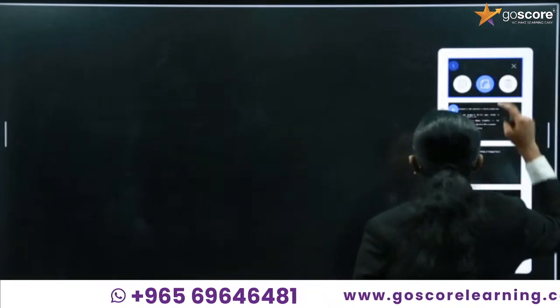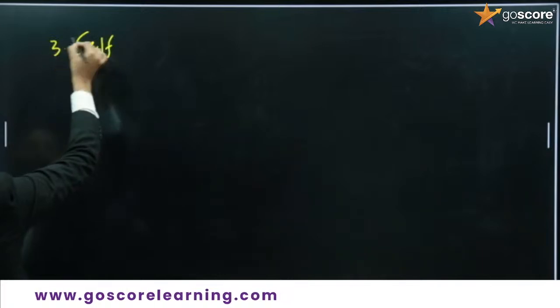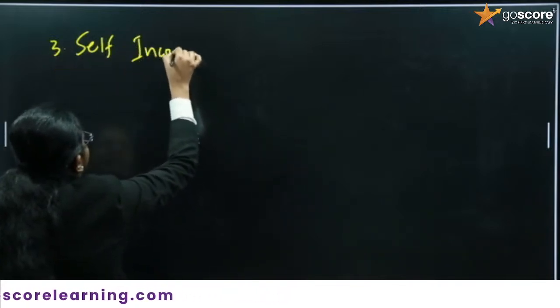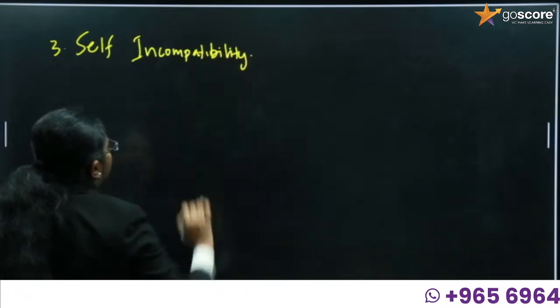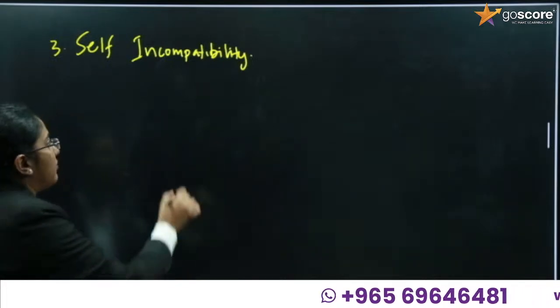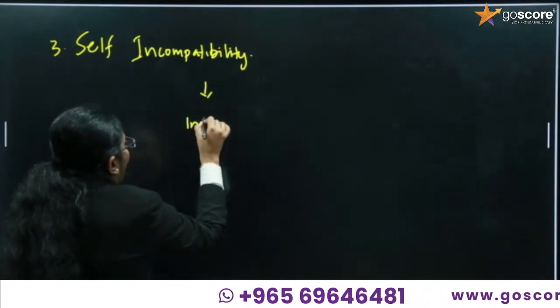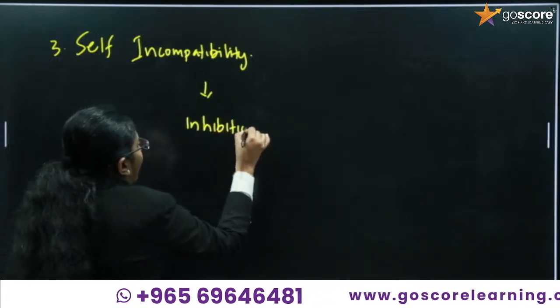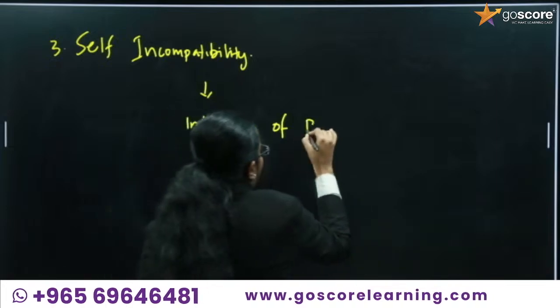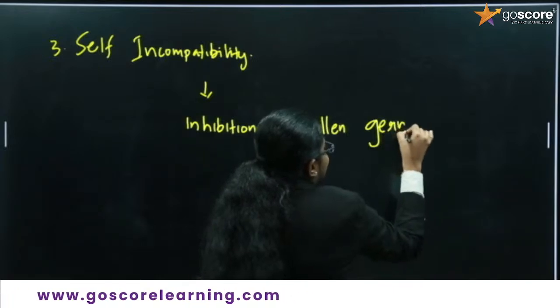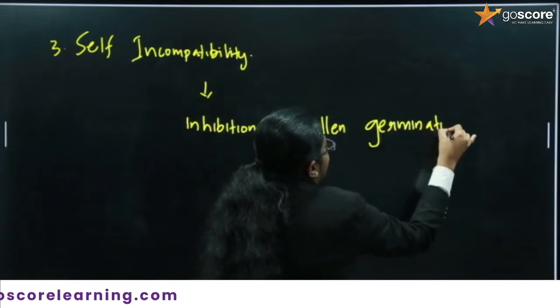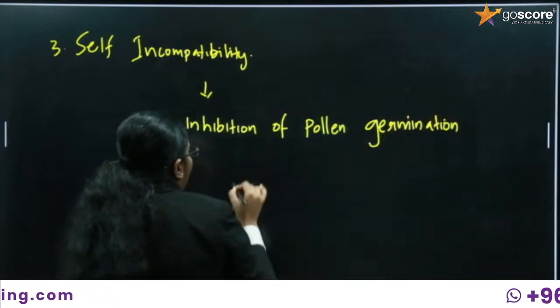What is the third outbreeding device? The third outbreeding device is self-incompatibility. What is self-incompatibility? Self-incompatibility means it is the inhibition of pollen germination. Not grains, it is germination. It is the inhibition of pollen germination, or